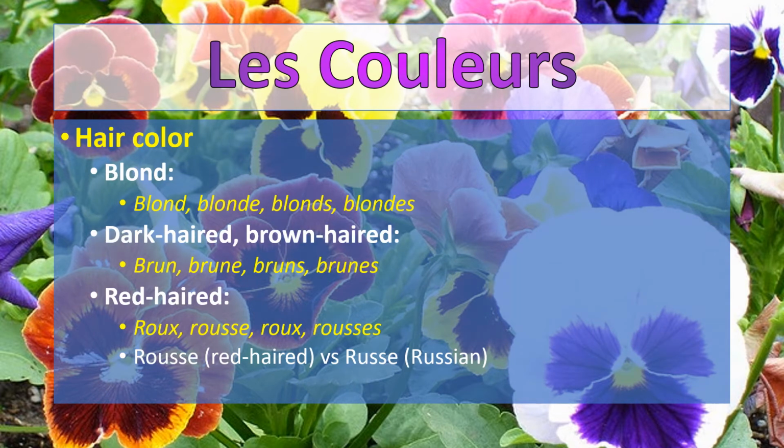We can also use color to talk about hair. Just as in English, there are special terms for hair color in French. For example, the word for blonde is the same in English and French. Blond, B-L-O-N-D. As with most adjectives, we have feminine and plural forms. The feminine form of blond with an added E is blonde. The masculine plural form has a silent S, blonds, and the feminine plural form has an E and an S,